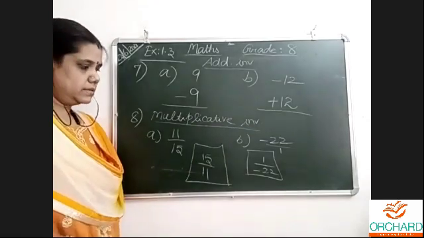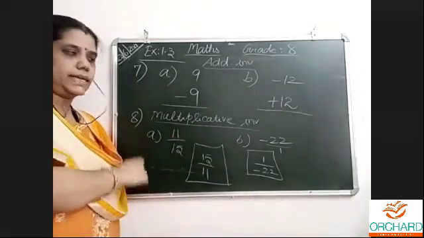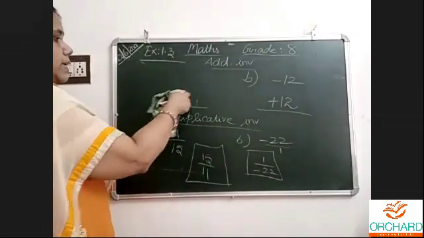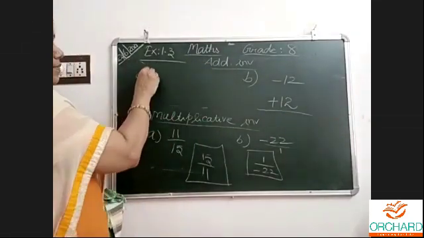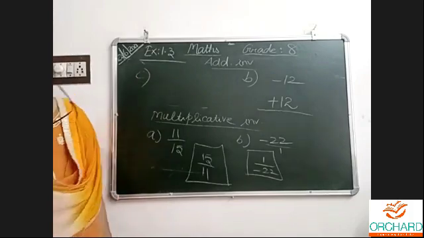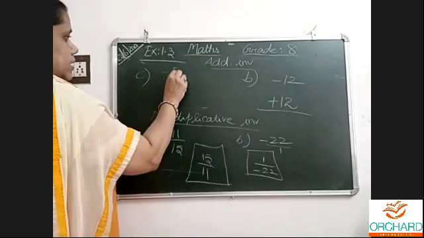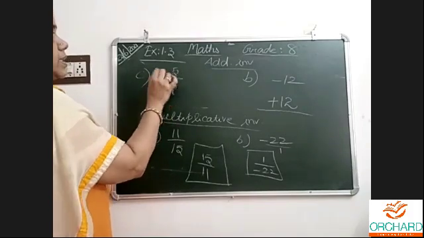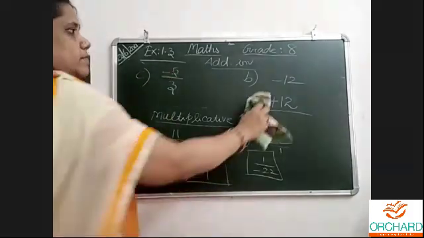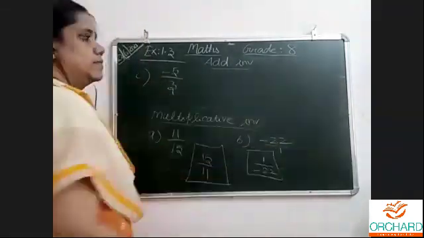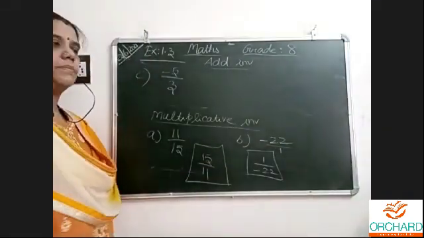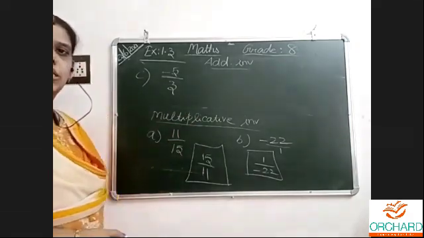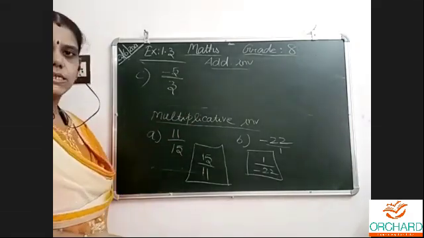Like that it is. A, B I did. C, D homework. Now itself we'll ask the homework. Multiplicative inverse. You tell me. Minus 5 by 3. You type the multiplicative inverse of this. This is a homework sum. Minus 5 by 3, what is the multiplicative inverse? Yes, very good, Shekhali. 3 by minus 5.